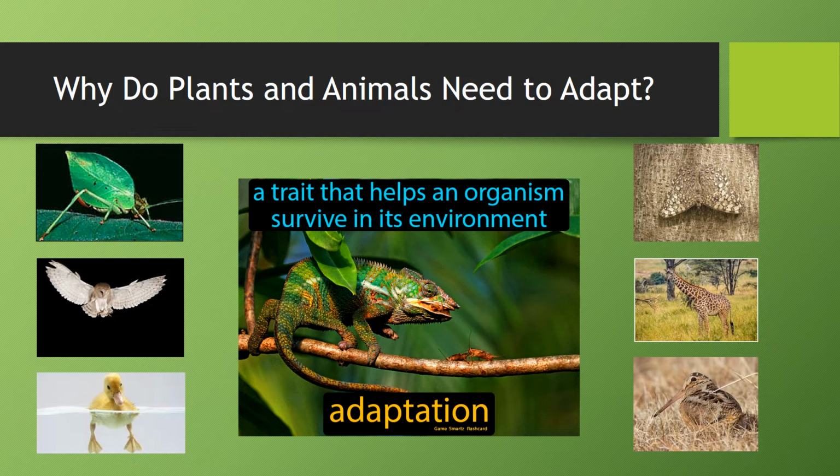So I want to pick out the barred owl, which is on the left in the middle. The barred owl is really neat because he has lots of adaptations to be able to fly at night, catch its prey,